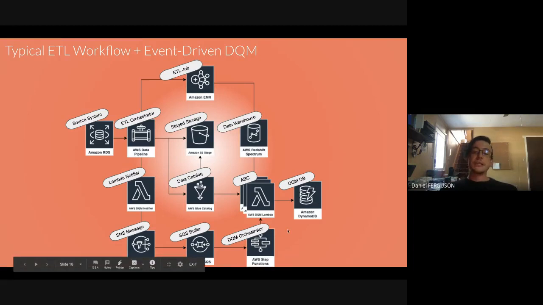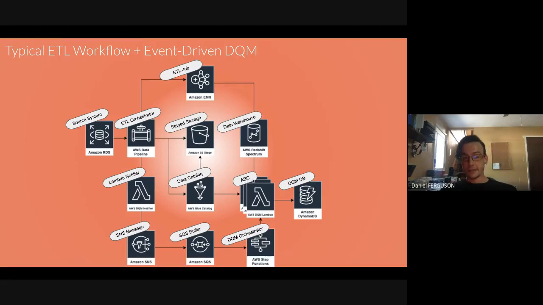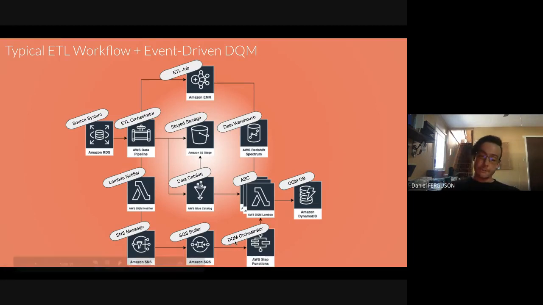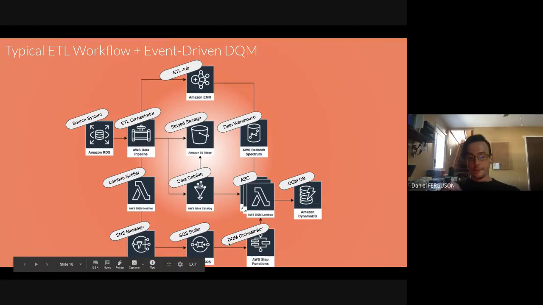Your step function can contain all the different lambdas that are now broken up by topic: audit, balance, and control. So now there are separate lambdas that run inside your step function, and you have a separate orchestrator orchestrating your DQM job, just like you have with ETL. And if something goes wrong with DQM, now we can say, okay, this is where something went wrong. If you've never used step functions before, it's actually really cool. You can see the number of jobs ran, job success runs, job fail runs, and you can go into each step and see what the inputs were and what the outputs were, etc. And then you have your DynamoDB at the end.